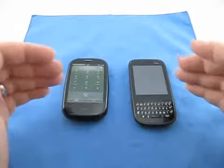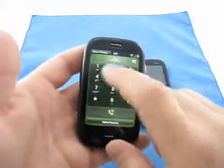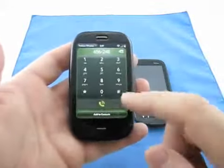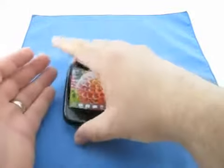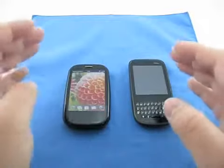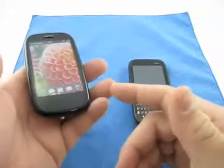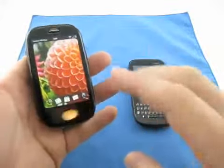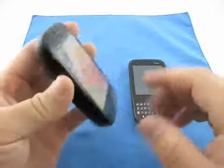Sound quality on the phones is fantastic for calls. Here's your dial pad. You can just dial. Hit the green button, you're ready to go. When you don't want it, swipe it out of the way. The main problem with the phones, like I said, is WebOS, in that there's a learning curve. When I hand these to people that have never used them, they don't know how to use it, and that's the problem. Now, when you first sign in, it does give you a quick tutorial and show you how to use them, but